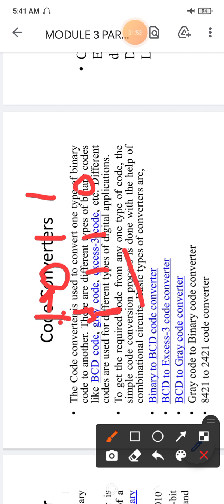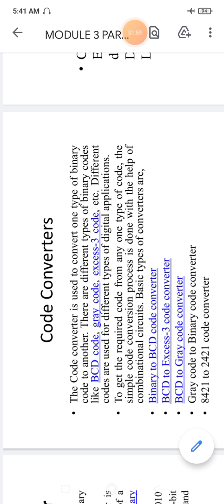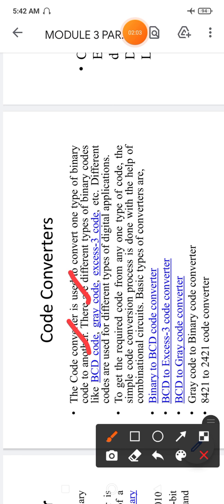So this will be the representation of the gray code. Similarly, we have studied about the BCD code, gray code, and XS3 code in the first module.